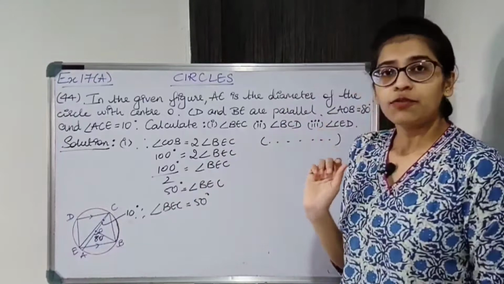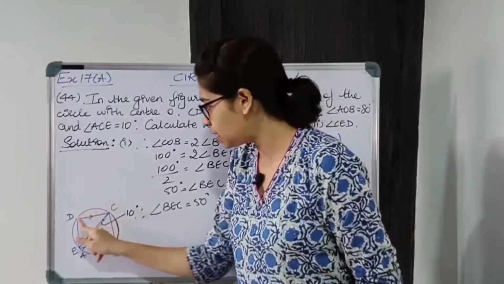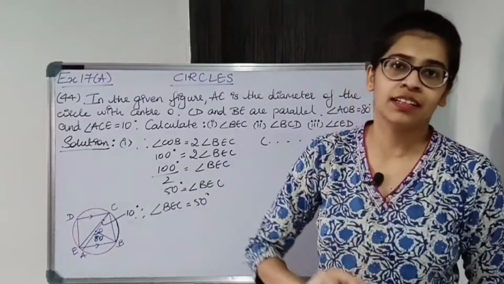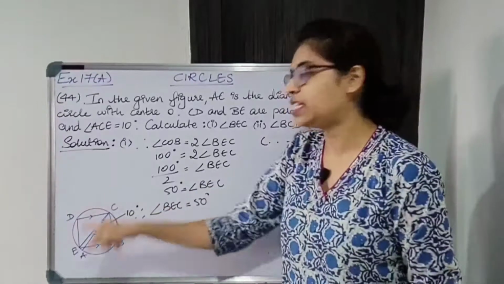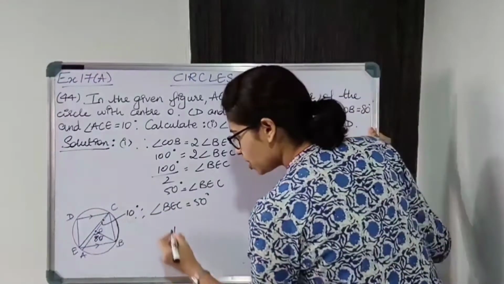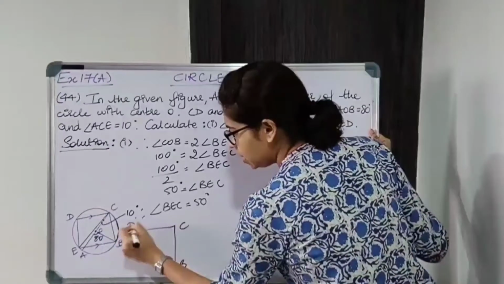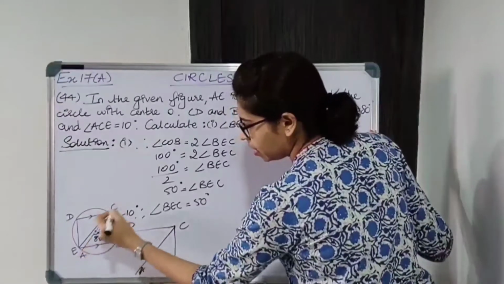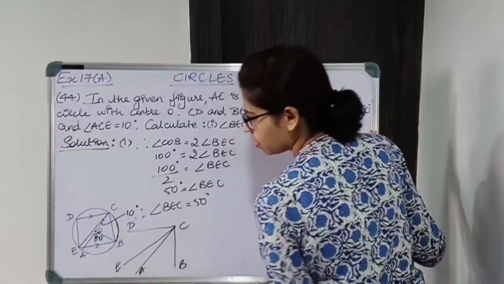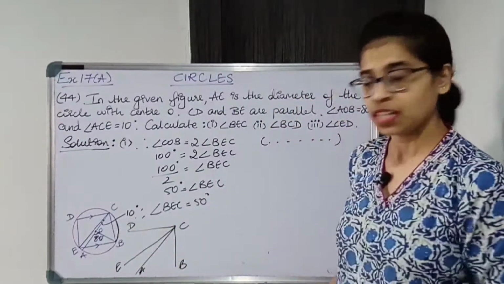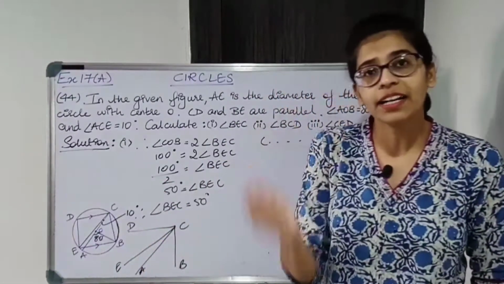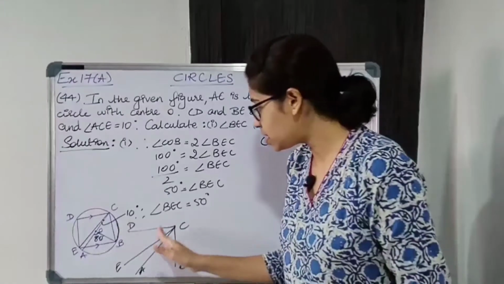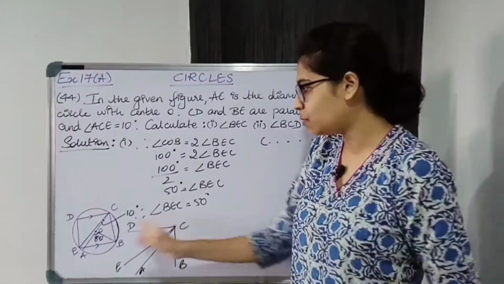Now in second part we have to find angle BCD. BCD ये find करना है. Now students notice angle BCD, it is made up of three angles. Three angles को combine करके angle BCD is formed. So let us check. BCD, BCA, then ACE and ECD. So these three angles, when we add them, it is becoming angle BCD. So for that I need to know these three angles and then I'll add up and get angle BCD.